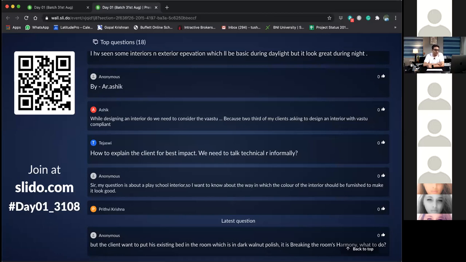Tejasvi asks how to explain to the client for best impact, whether we need to talk technically or informally. Okay, Tejasvi, you just have to wait for maybe day 4. We are going to talk more about how we create impact on customers, and a little bit tomorrow, because tomorrow we are going to talk about marketing, right?